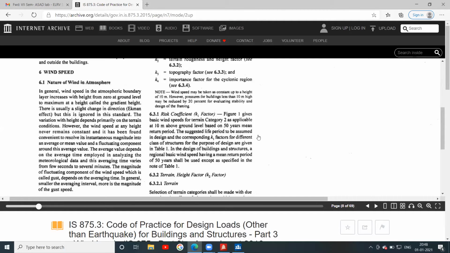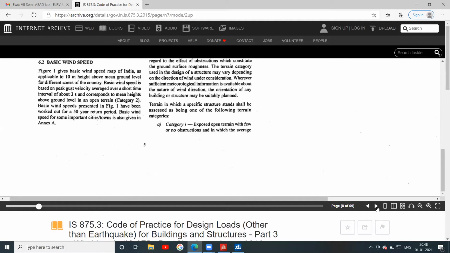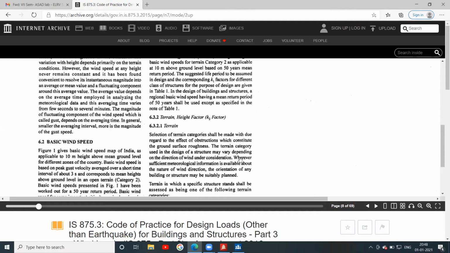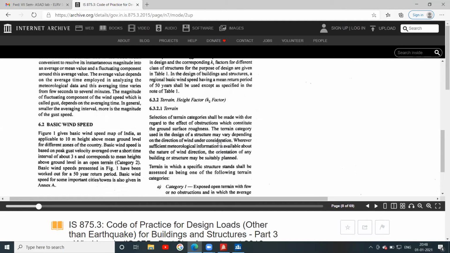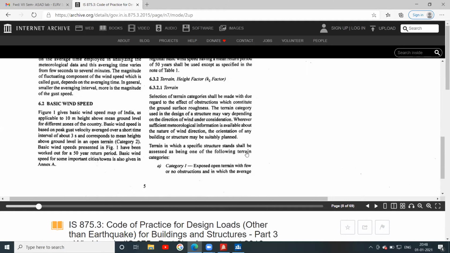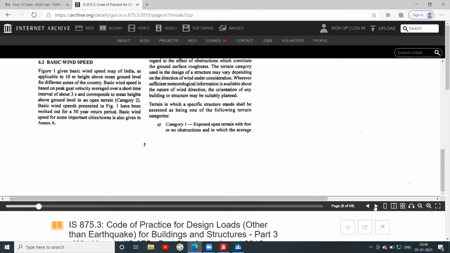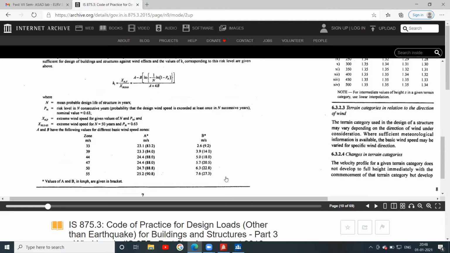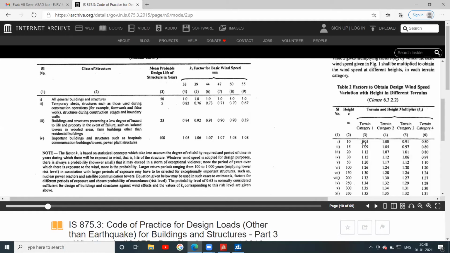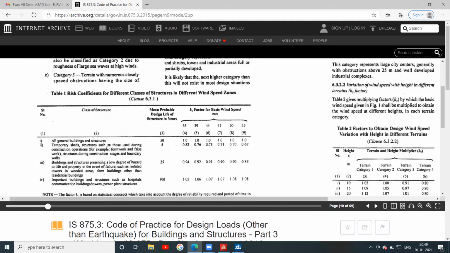What is the risk coefficient? It is in Table 1. Table 1 gives the values for all buildings and structures.